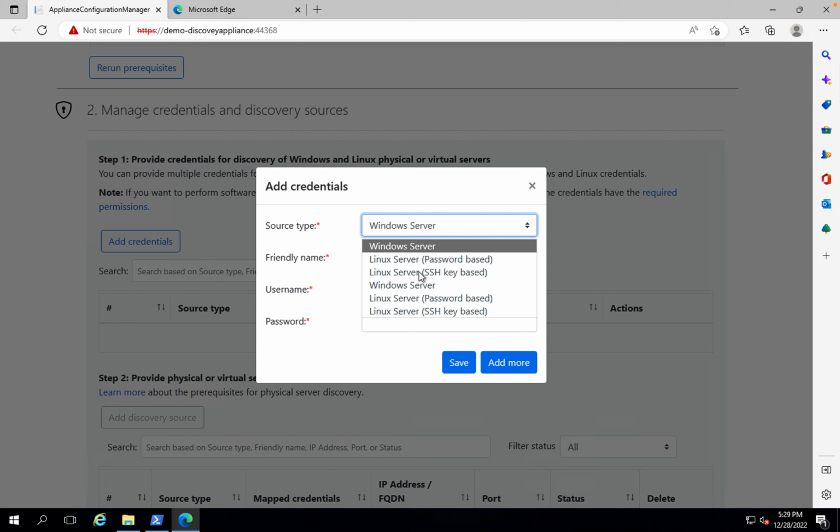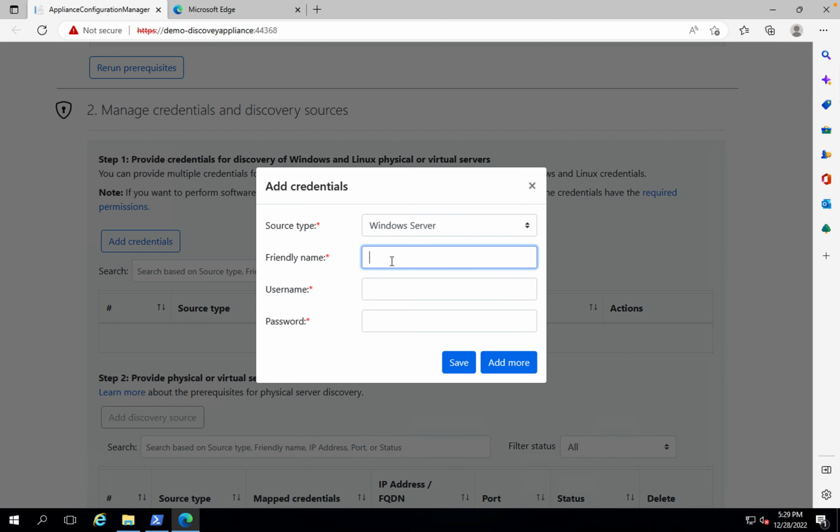You need to select the source. What is the source going to be? I'm selecting a Windows server and giving it a friendly name, admin user. Credential is admin user. Username is, and the password is what you have set, right? And click on save. Once you've done it, it's going to use this credential to discover the